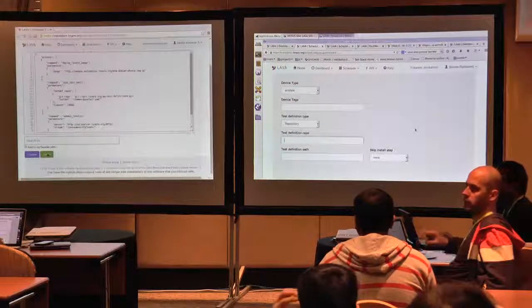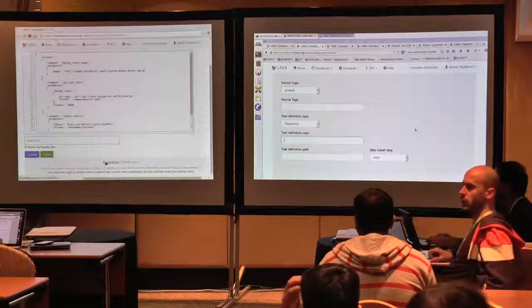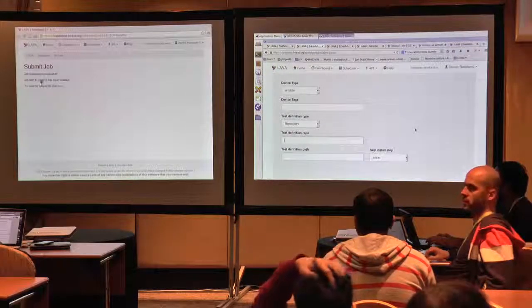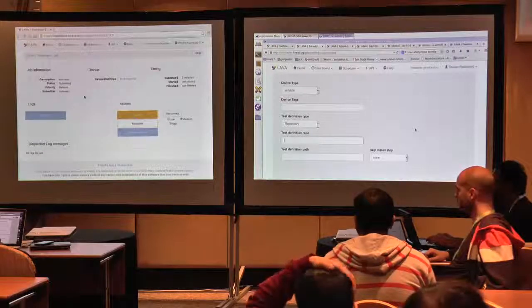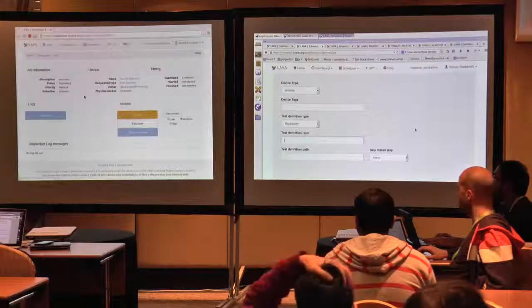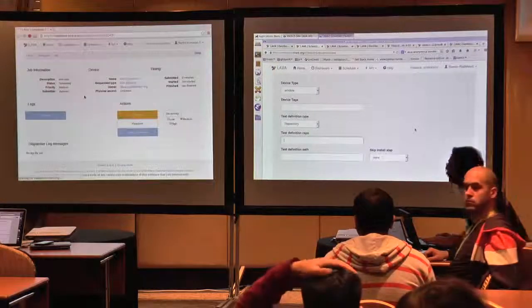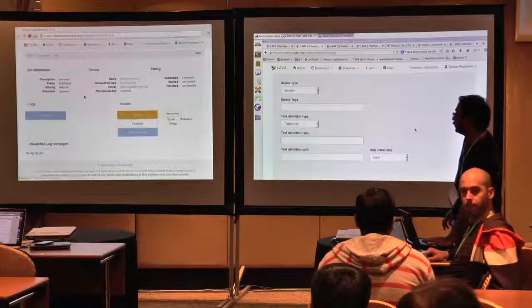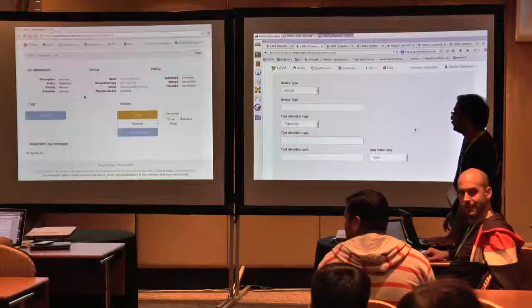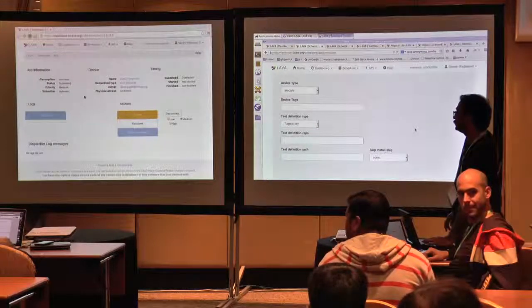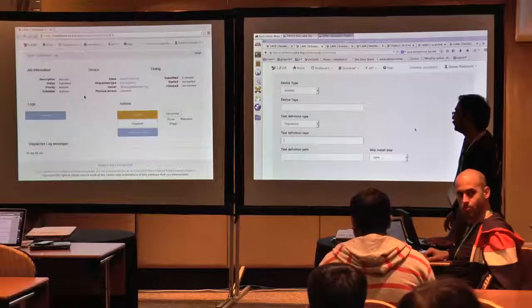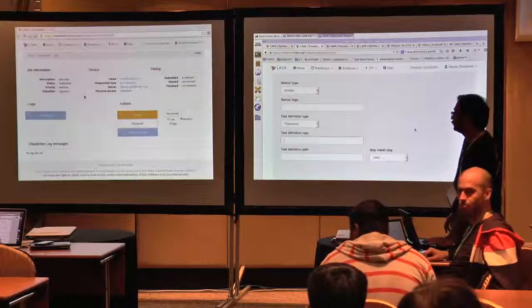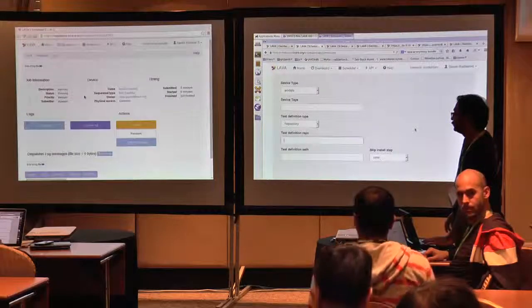So for now, you can just add one repo and one test. But it makes sense to add multiple. I ran into the problem of whether to reboot or not. I tried, and it's a very complex problem when you try to create a UI wizard, a flexible wizard for Lava. I'm not sure if it's that useful.